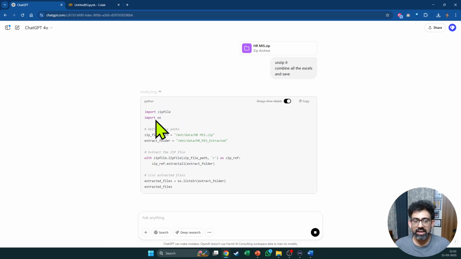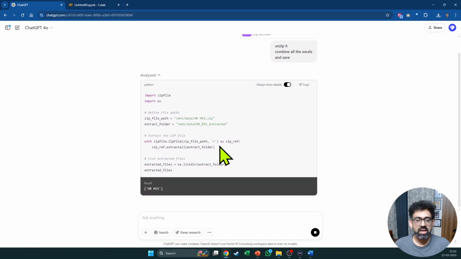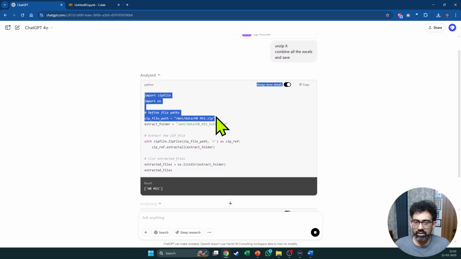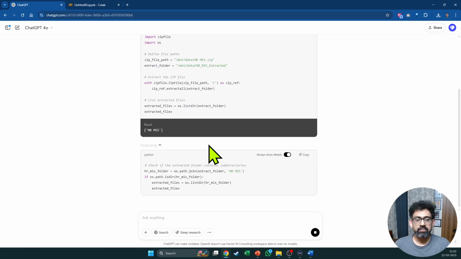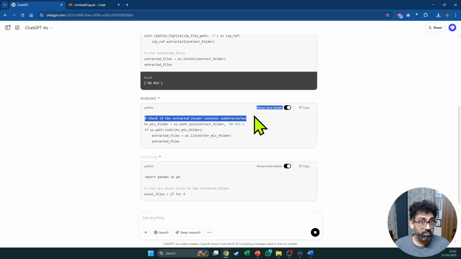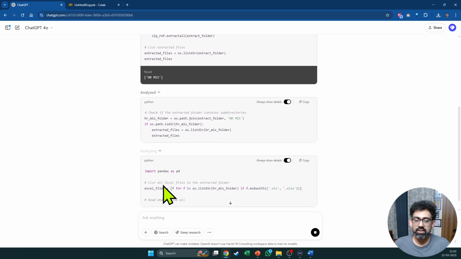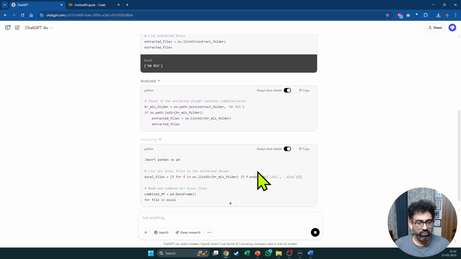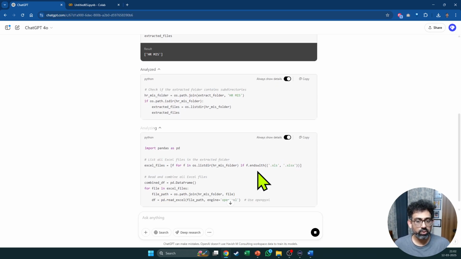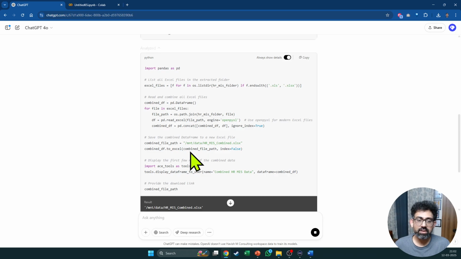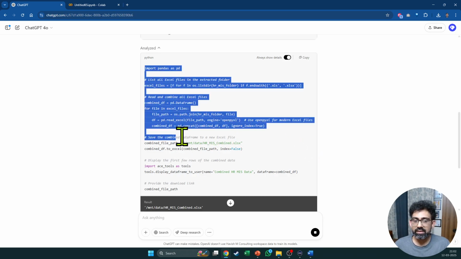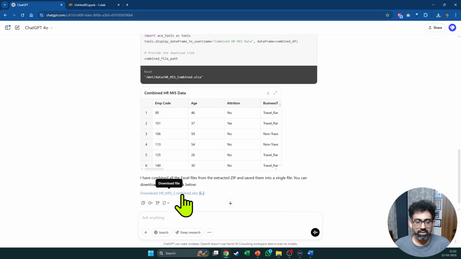So it's importing zip file and OS. As you can see, it took that file, extracted it. After that, it's checking if the extracted folder contains subdirectories, which might have been the case. And then it is listing all the Excel files in the folder. Right now we have 3 files in that folder. It's picking both XLS and XLSX, but we could have told it to pick only one or other types of files as well, maybe a CSV or a PDF. Then it is reading the file, combining it, saving it, and if I download it,